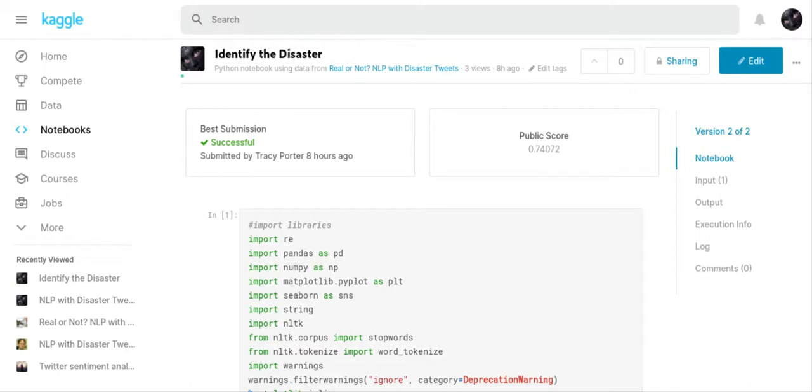Crystal here. What I did late last night was a Kaggle submission on using tweets to identify disasters. I used the previous video that I made with Analytics Vidhya to identify negative sentiments, or really the previous program that I wrote, and then I just put the Kaggle data sets in there. So I used that model to do this model. And then I also did a few more little things to